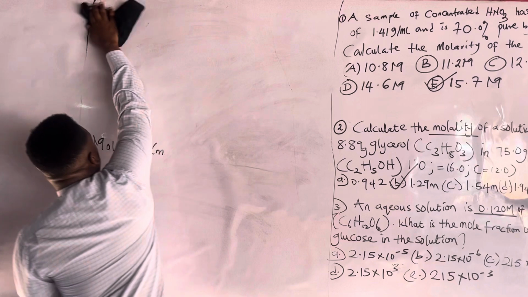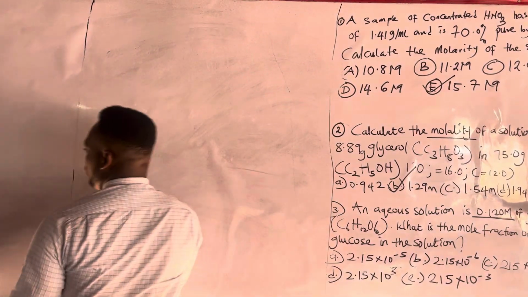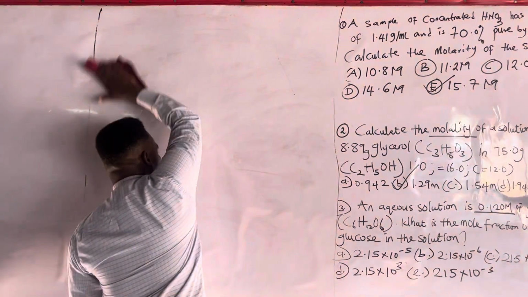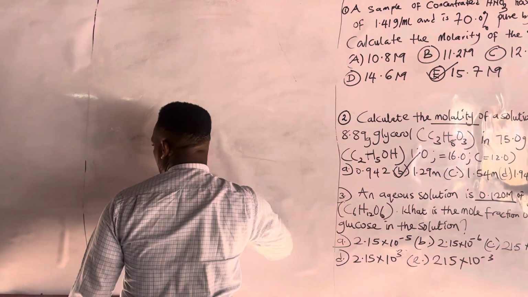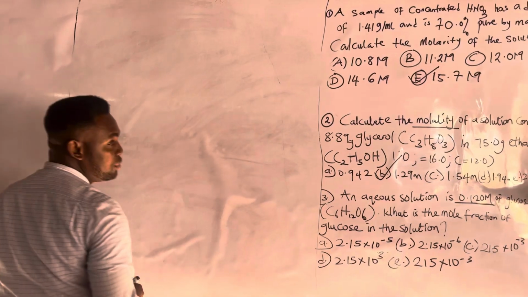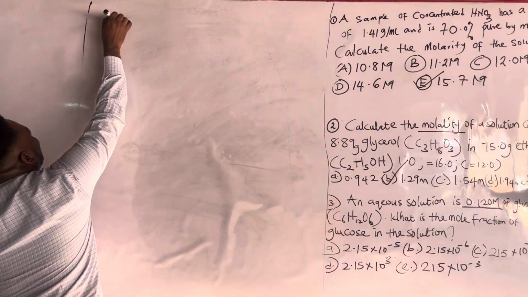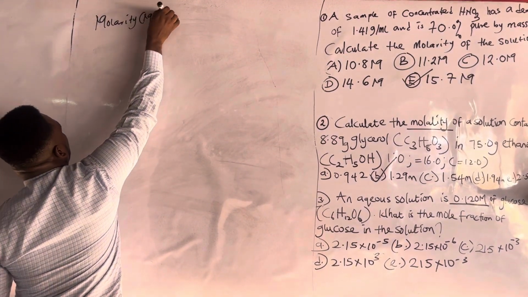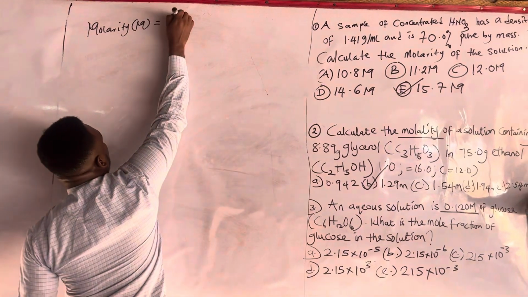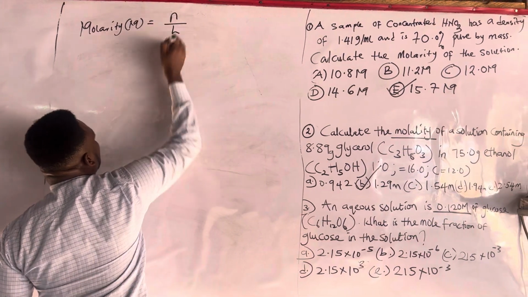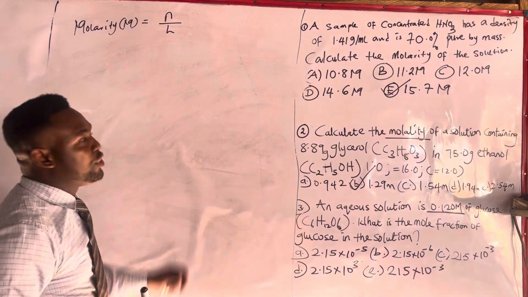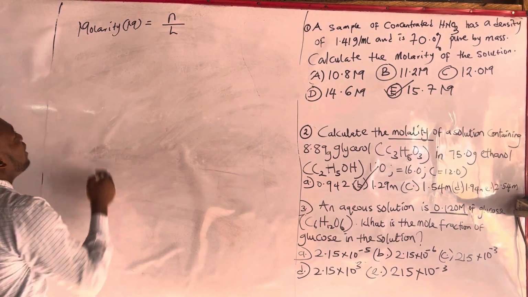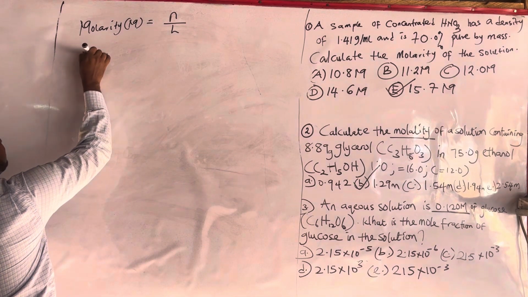So, solving now, there is a method we use when solving questions on this. When we are given molarity and we are asked to find mole fraction, what do we do? Remember that we said that molarity, capital letter M, is given by number of mole of solute over what? Liters of solution. That is molarity. And are we given the molarity of this solution? Yes. We were told that molarity